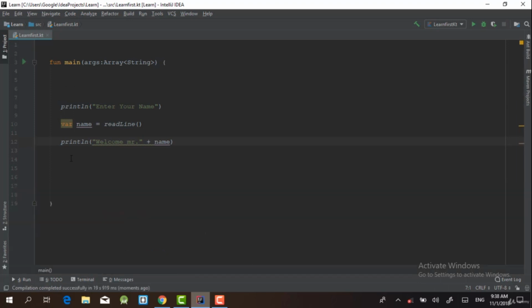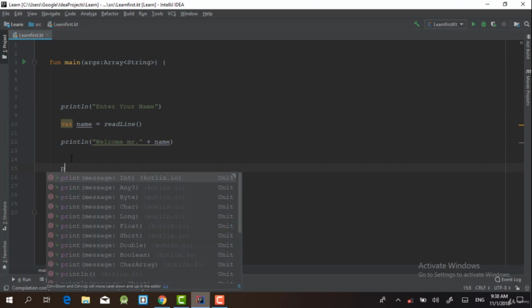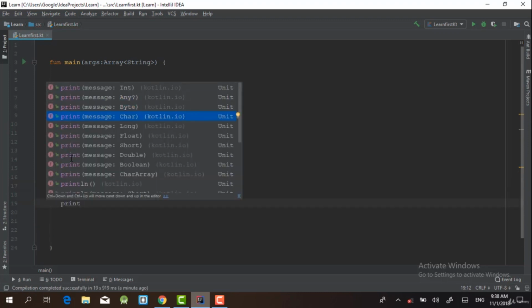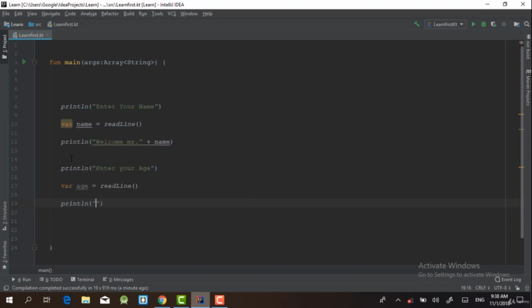Now let's go ahead and make it further and further. So I'm gonna print something else. We use the println method to print, for example, enter your age. And the same thing, we are gonna create a var. I'm gonna name it age. It's equal to readLine. Then we are gonna do the same thing here. We are gonna println, and I'm gonna say your age,